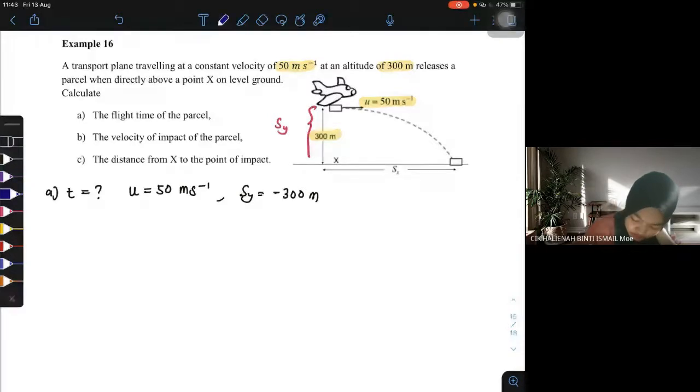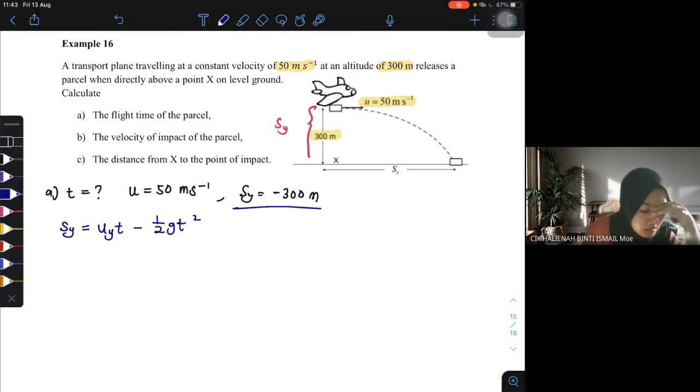Okay, so formula yang kita boleh gunakan since kita ada SY kan. SY is equal to UY T minus half GT square. So UY is equal to... SY is equal to UY T minus half GT square. Okay, so here,